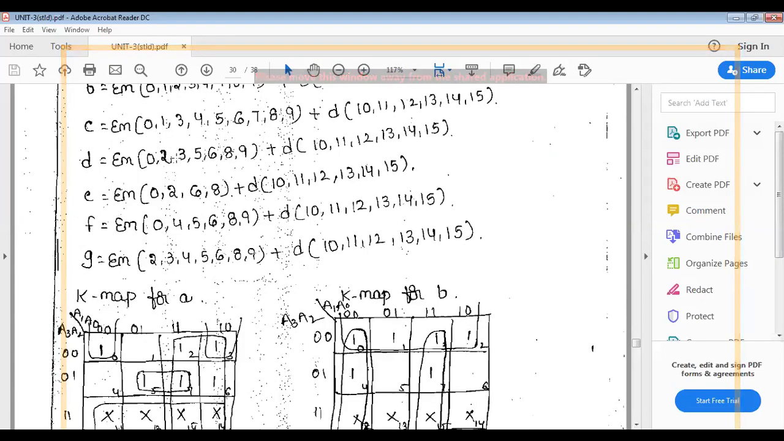And to get the D, you see the min terms 0, 2, 3, 5, 6, 8, 9. Using that,